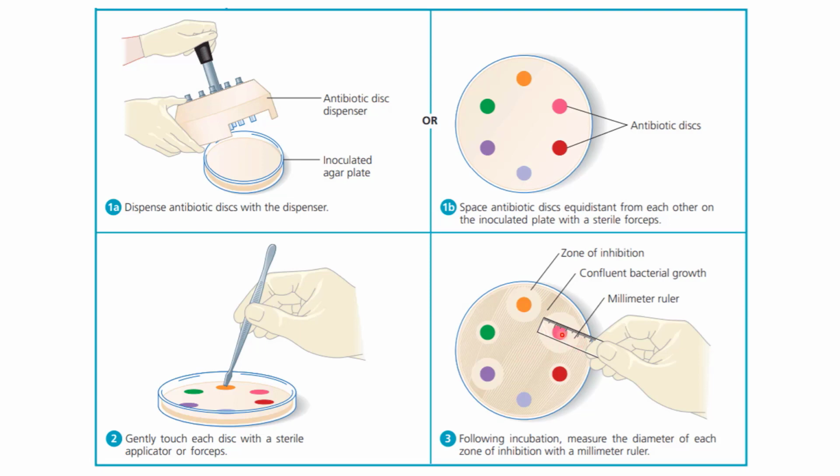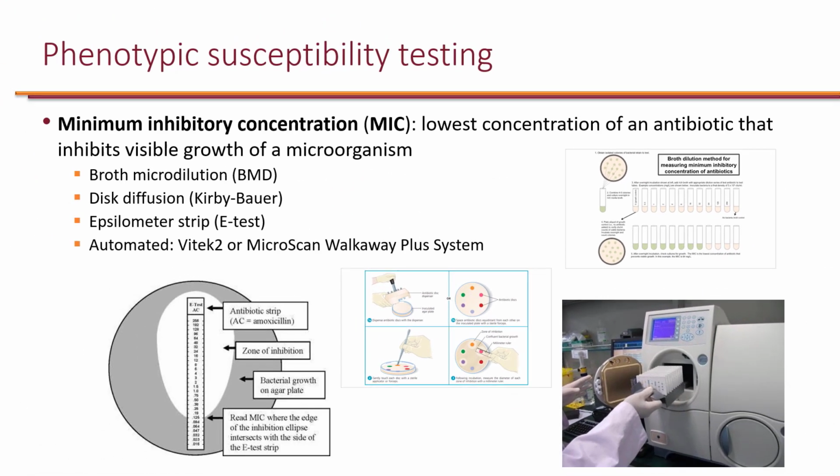So we can measure the zone of inhibition. You can see this is a circle. They can actually measure the diameter of this zone, because as you can see, some of them have a smaller diameter, others have a larger diameter. So the larger the diameter, the more active the antibiotic is. And we'll talk about how to interpret this zone of inhibition shortly. And of course, if it goes through the disc, that means the organism is completely resistant to that antibiotic. So that's disk diffusion. And then another method,